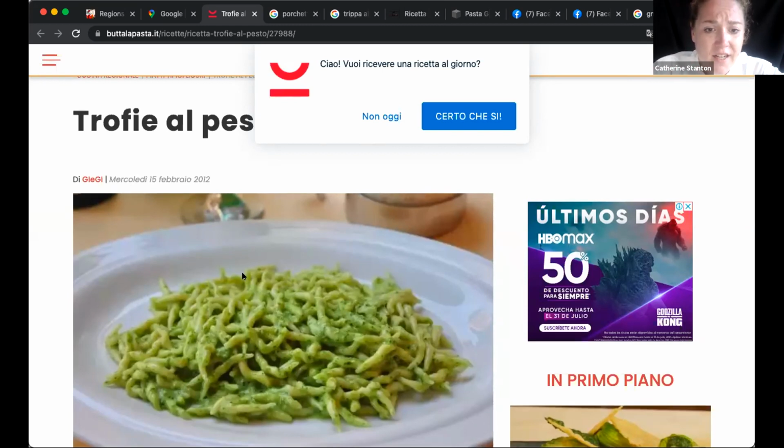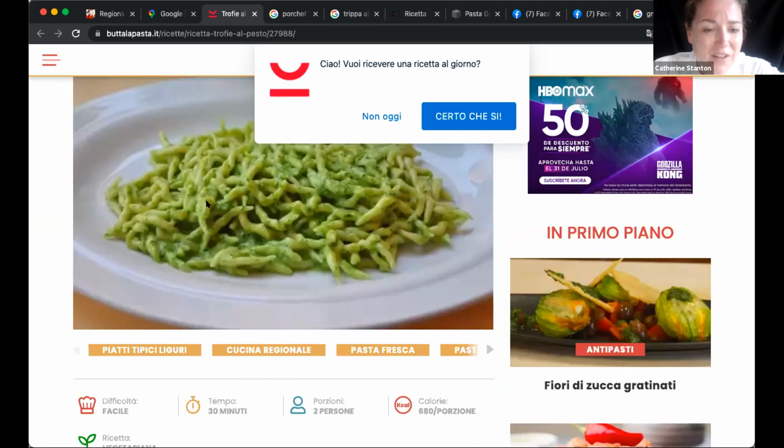But again, we're looking at the specific type and style of pasta that goes with a specific type of sauce. Oftentimes also what you'll see is pesto. Pesto contains pignoli, which are pine nuts, Parmesan cheese, and pecorino cheese. It's a combination of the two. You're going to have lots of basil, garlic, olive oil, and just a little bit of acid, usually coming from lemons. Lemons also grow in this beautiful region of Liguria.